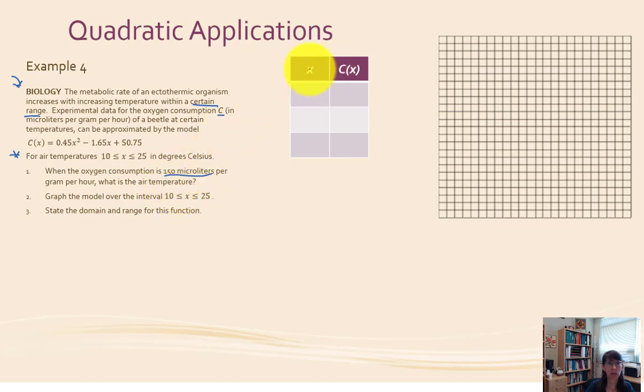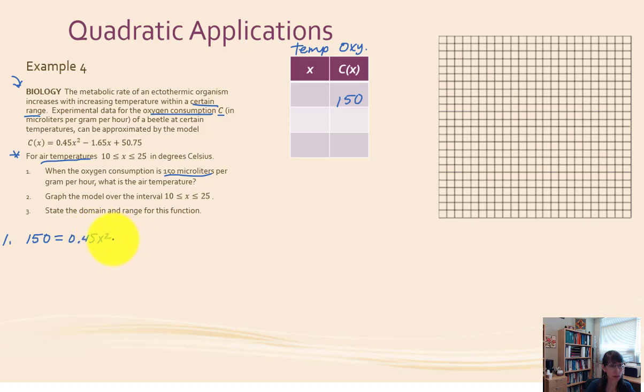So let's go back to the table and figure out what these variables really represent. C is oxygen consumption. And notice how x is used for air temperature. So if we have a given value of oxygen consumption, that means 150 is the output. Make sure you're using 150 for the correct variable. So for part 1, the function is equal to 150. That means 150 is equal to